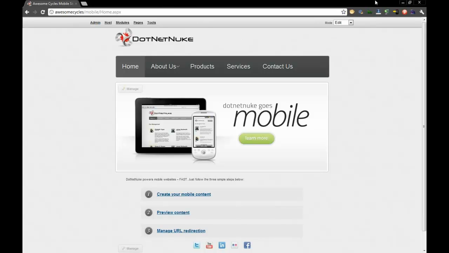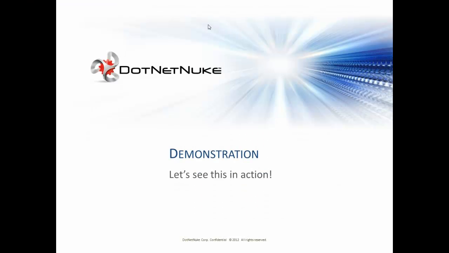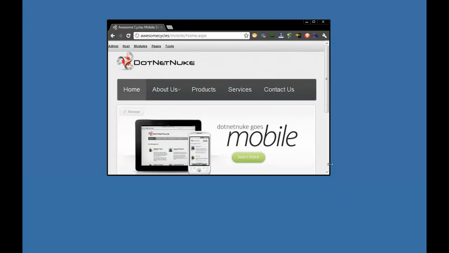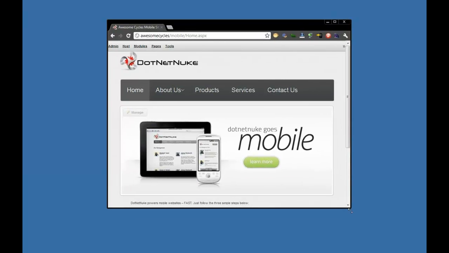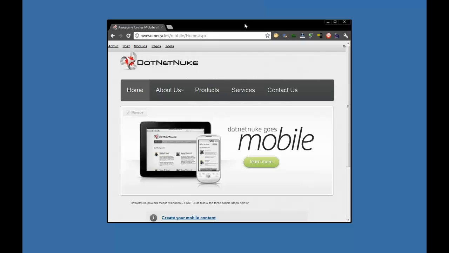Now this mobile website experience, this is the mobile template, so it's basically giving you what's known as some best practices here. Give me just a second, I'm going to close that. There we go. Bring my site back up. Apologize for that. It just went to the other screen. There we go. So one of the things that's built out of the box with this mobile template is responsive